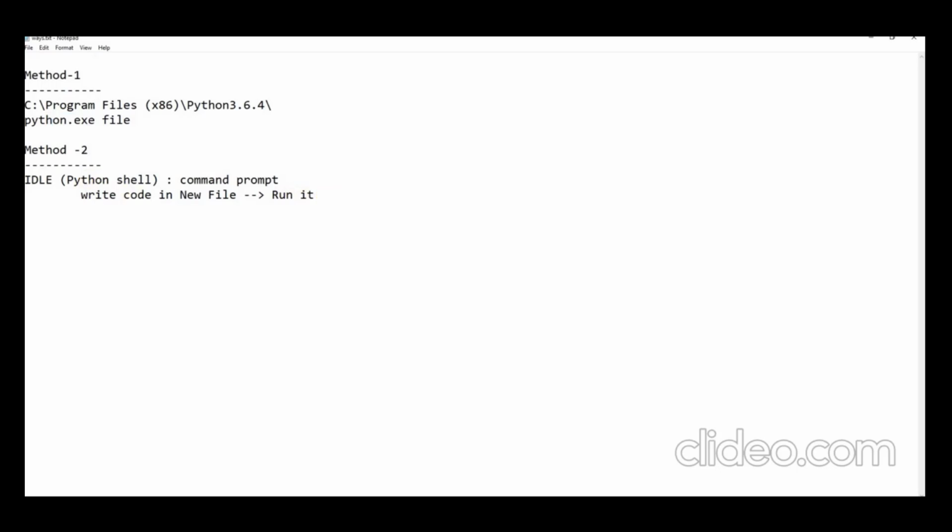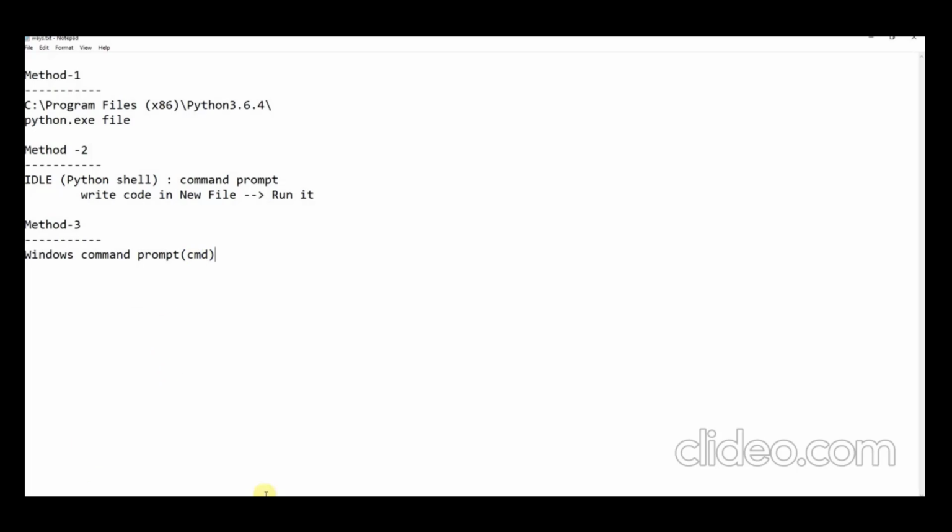Now I'm going to show you method 3. In method 3, we can just use a normal Windows command prompt. And here one more thing we need to remember: if you want to execute your code through Python shells, you don't need to add your Python home path to your environment variables. We have already done this before, right? But if you want to execute your code through the Windows command prompt, you must add the path to your Windows environment variable. We have already done it here, right?